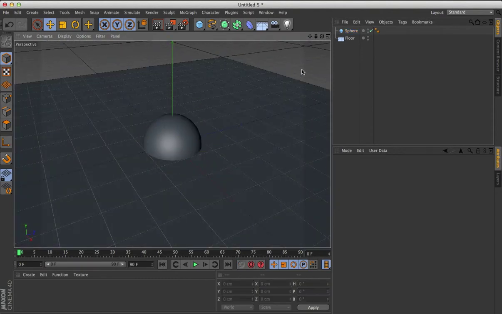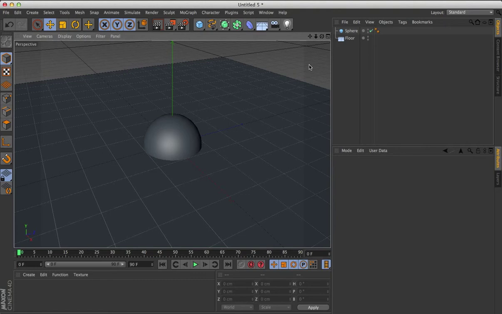Now before I actually light this scene, I want you to notice that the scene is already lit. That's because the camera that we're using to view everything in Cinema 4D has its own built-in light. And that light basically is there so that you can see, no matter what angle you are at, whatever you're working on. Now, the moment I add a light though, that built-in camera light will go away